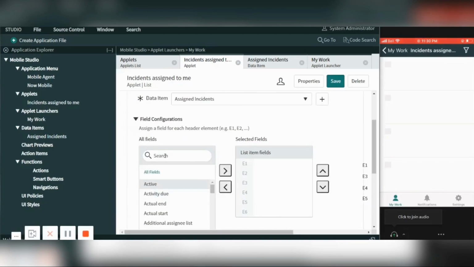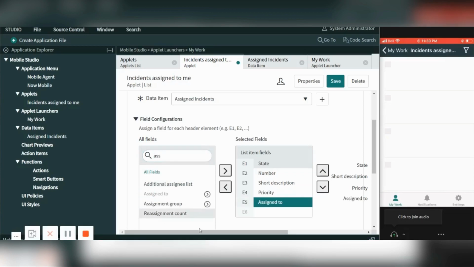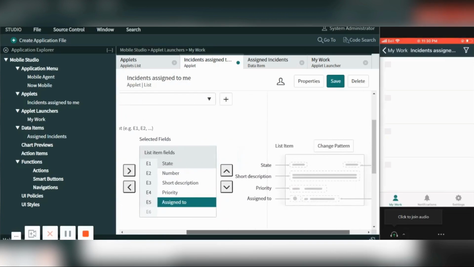From the left hand side, we'll take state, number, and this is a long field, so I will take short description, priority, and let's take assigned to, or you can also take color.